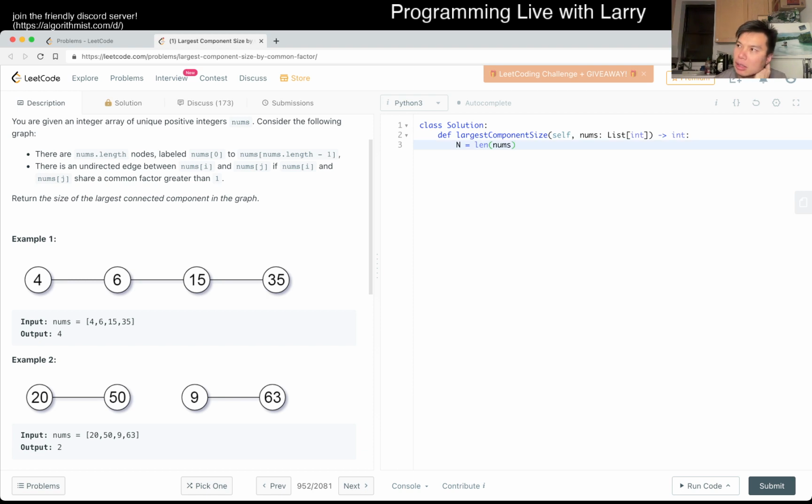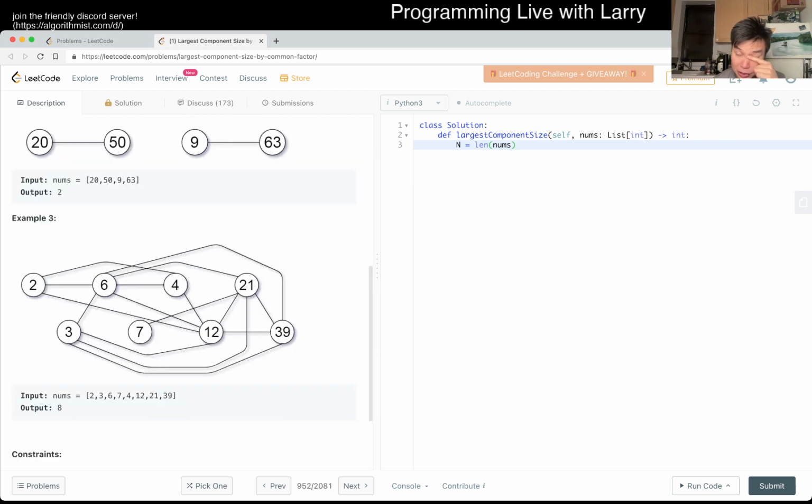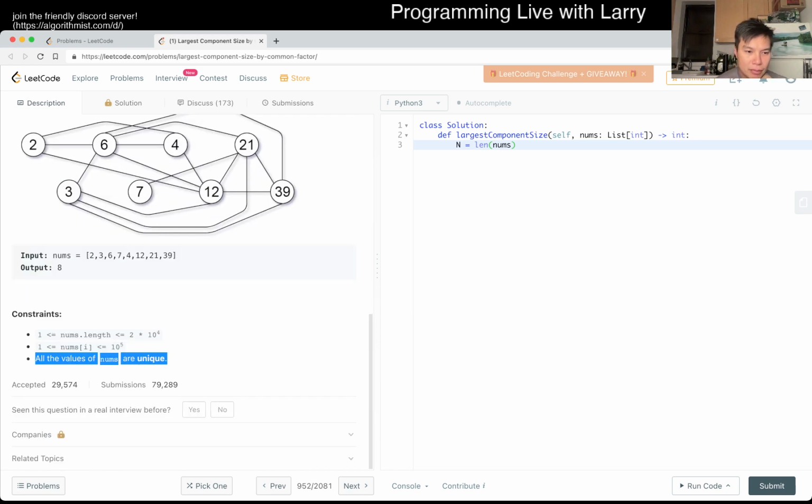Let's see. All the numbers are unique. Okay, so I don't know that all the numbers being unique really matters, but it is a thing. So yeah. Hmm. Well, in that case, we do want to use the sieve in some way because